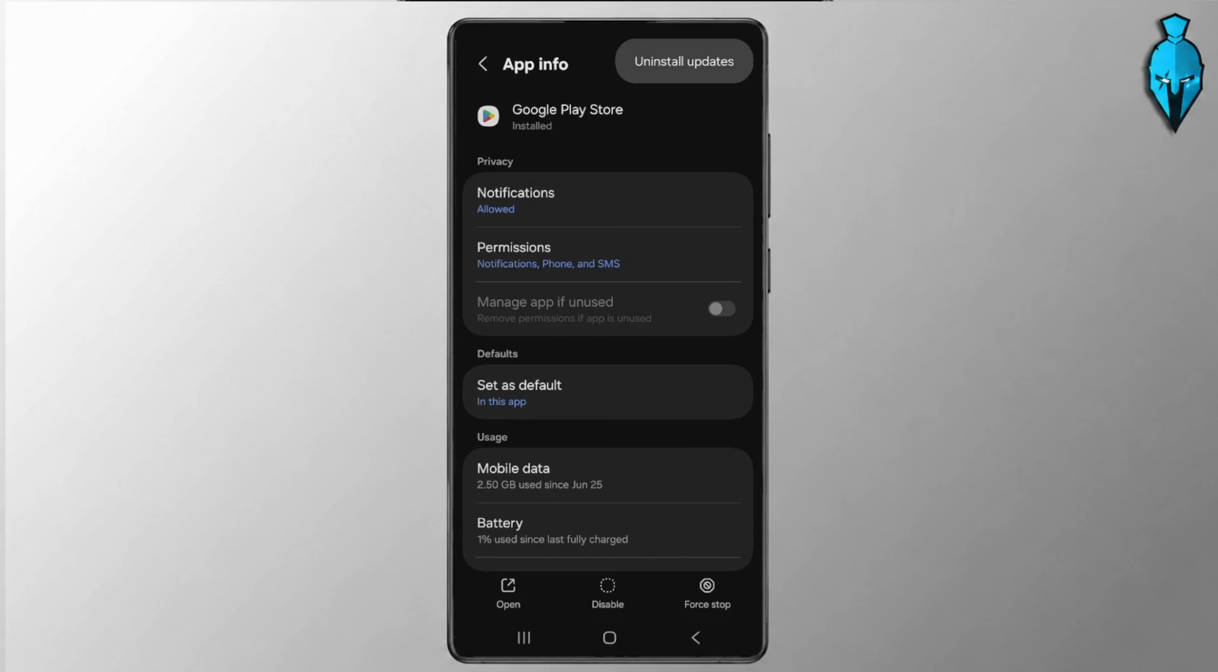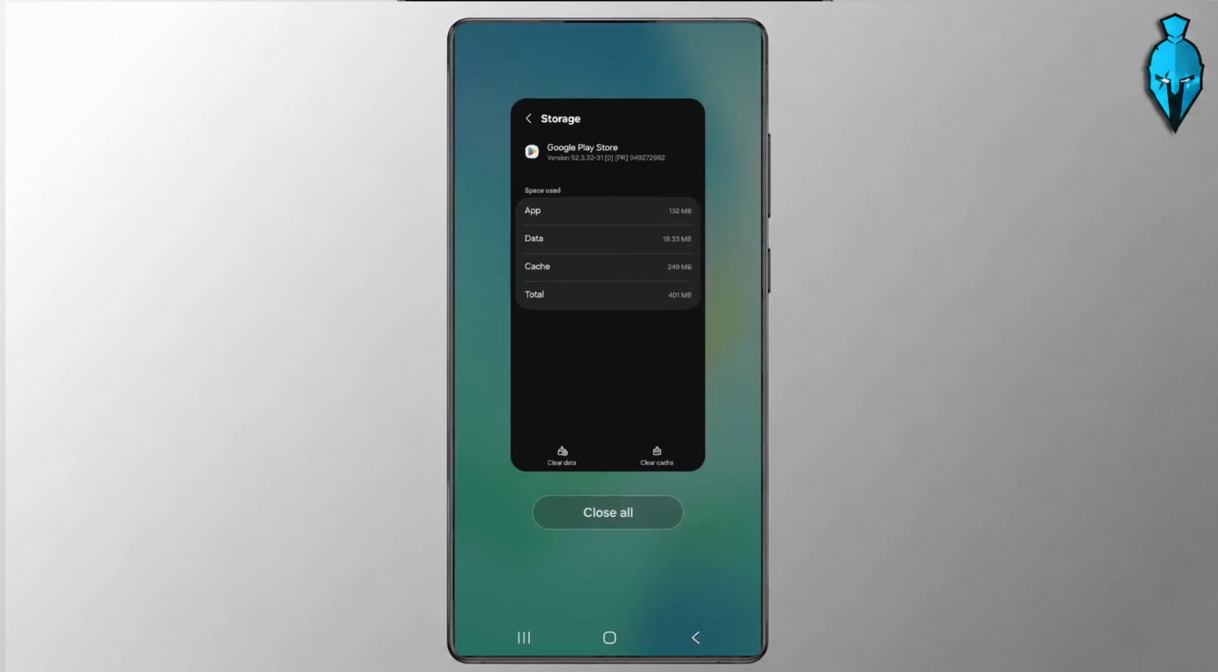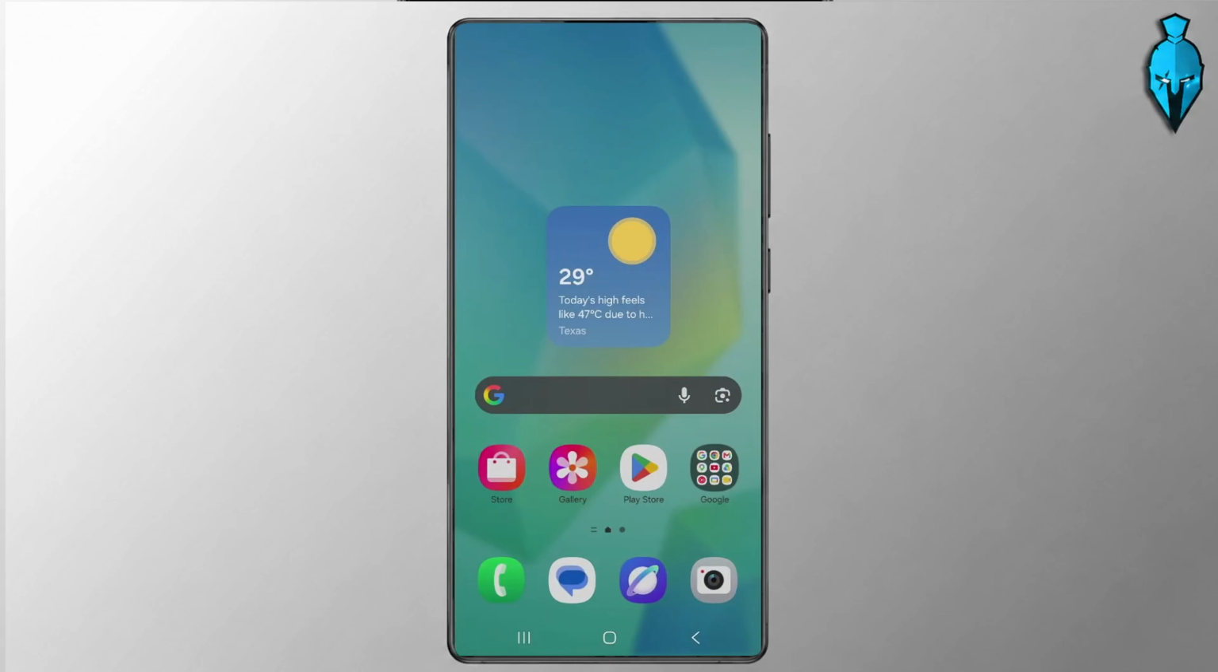If it still doesn't work, head back to this exact same section, hit storage, and then instead go ahead and select clear cache down in the bottom right and then clear data in the bottom left and confirm for both of those. Then just reopen up the Google Play Store, sign back into your account if prompted, and it'll be